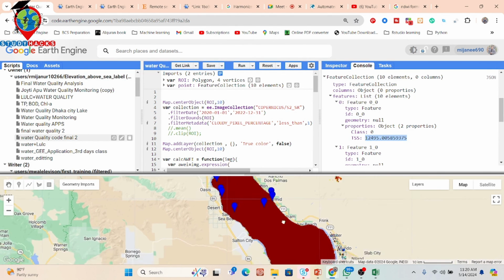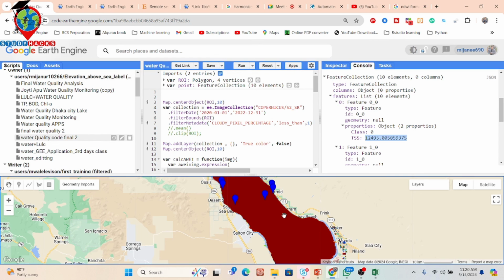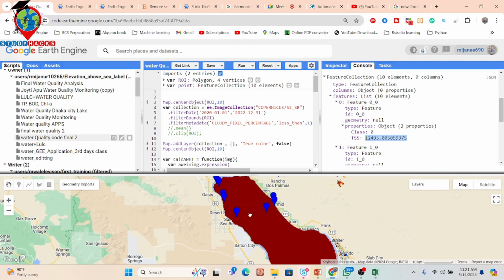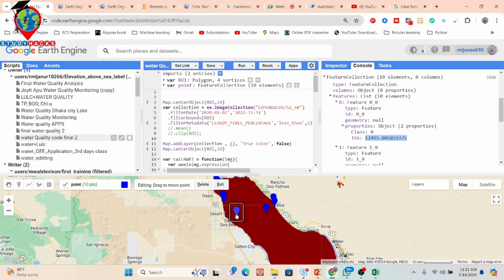Basically for that we need the ground sample data. If you don't have any ground sample data, don't worry, I already worked with that. I also have some ground truth data. Then I use my own data and try to show you how we can easily check the accuracy. Basically for the accuracy we need to use the same point. Suppose for this point, what is the value? And for my ground, for this point, what is the value? First, you try to take the sample from the ground, and then